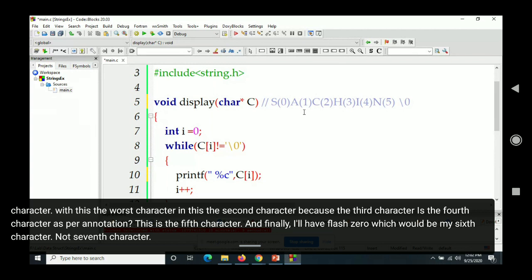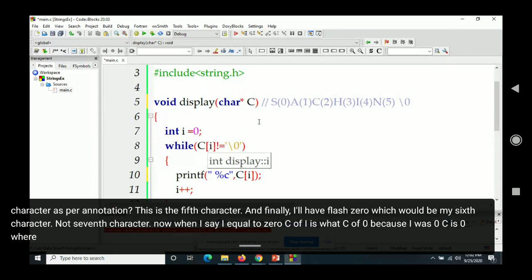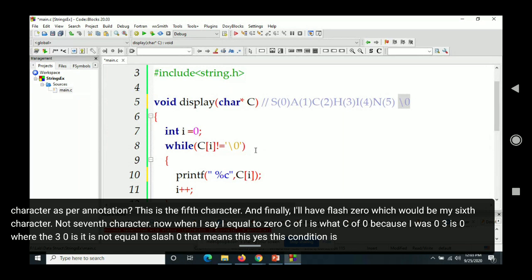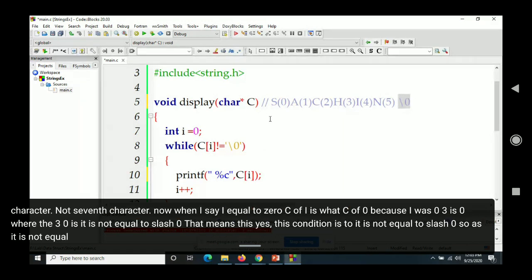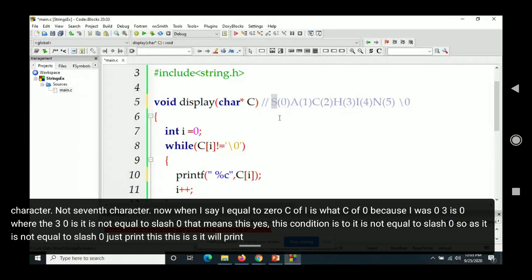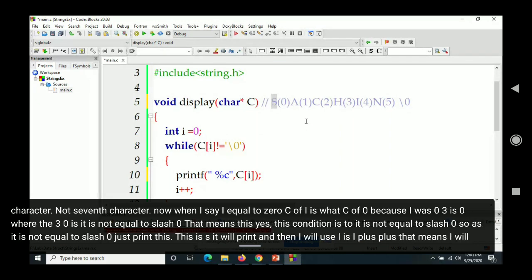Now, when I say i equal to 0, C of i is what? C of 0, because i was 0. Whether C[0] is not equal to '\0', yes, this condition is true, it is not equal to '\0'. So as it is not equal to '\0', just print this. This is S, it will print, and then I will use i plus plus. That means I will go to the 1st location.